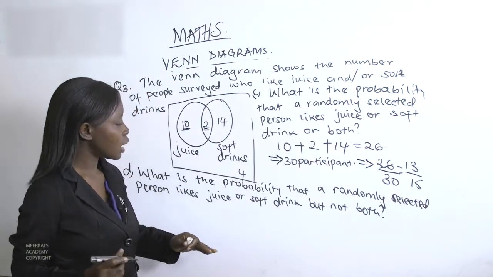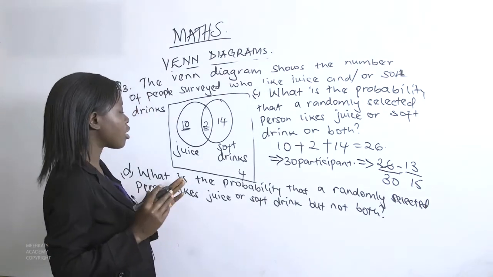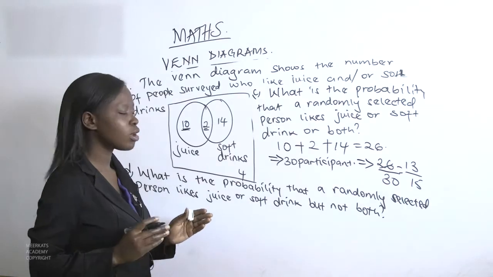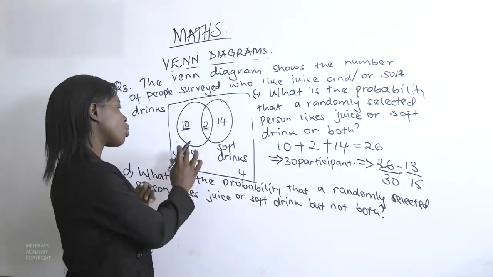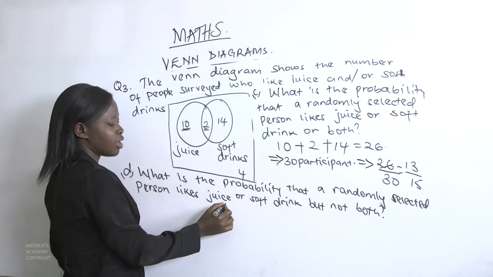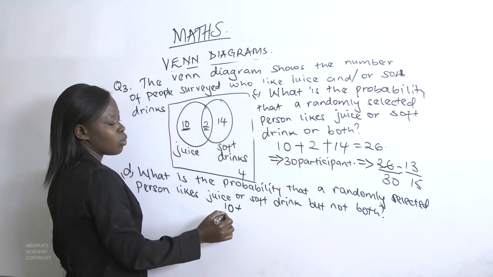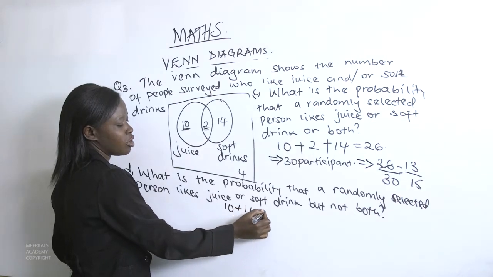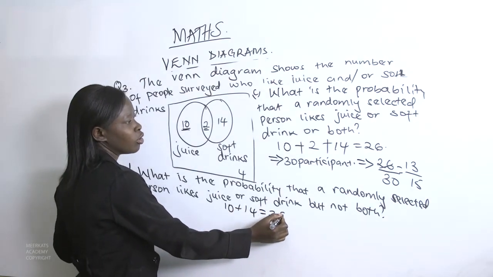So those who are liking, it is either this person likes juice or the person likes soft drinks. So the number of people who like juice, we have 10. Then the number of people who like soft drinks, we have 14, which gives us a total of